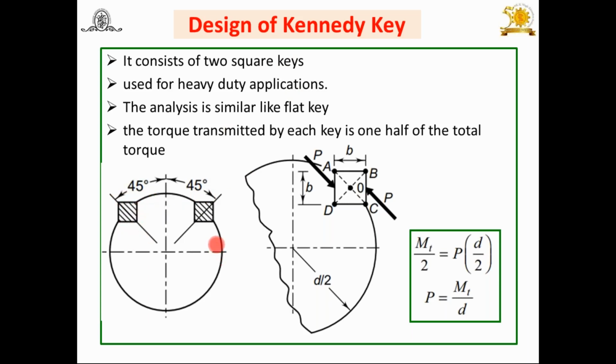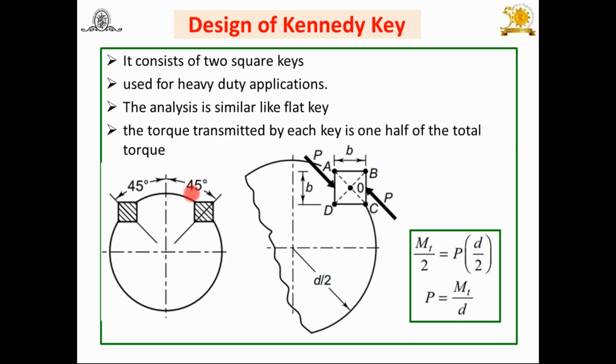We have seen yesterday how to design a square or a flat key. Again, when this shaft rotates, or the key transmits the torque, what is happening? Resisting force. Because of this, force P is going to act along this, look at the cursor, in this way, but here the resisting force is acting on this side also. The line of action of this force P is tangential to the shaft, and by considering it, since it's a square key, this Kennedy key is also going to fail against shear and against crushing.